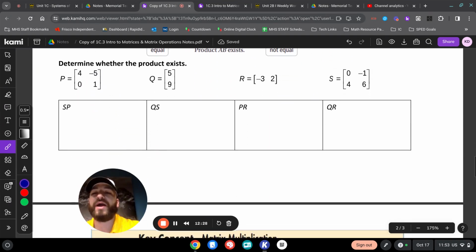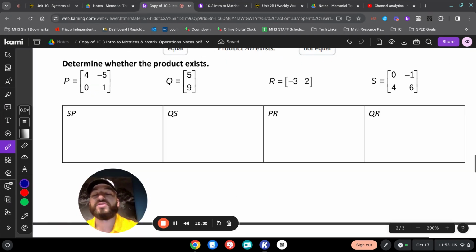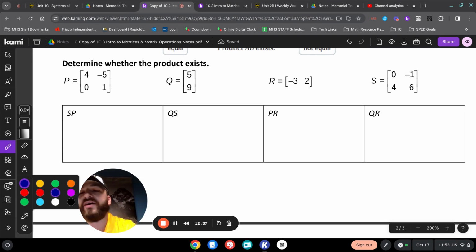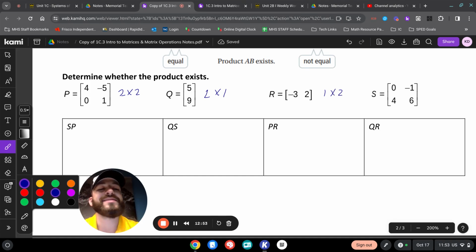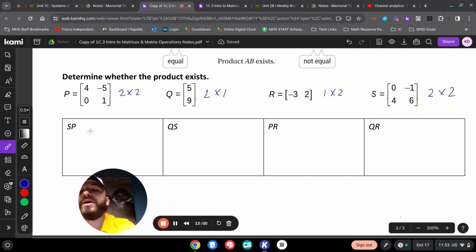So let's do a couple of practice ones real quick. So we're going to do S times P. I think it's going to be easiest if we go through and identify all of these first. So P is a 2 by 2. Q is a 2 by 1. R is a 1 by 2. And S is a 2 by 2. Okay, so S times P is going to be a 2 by 2